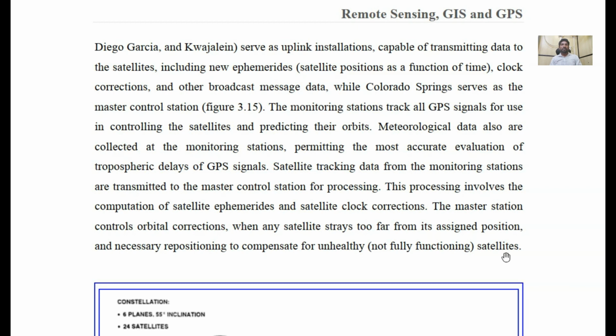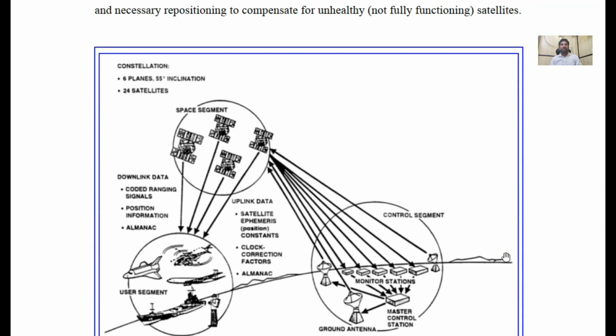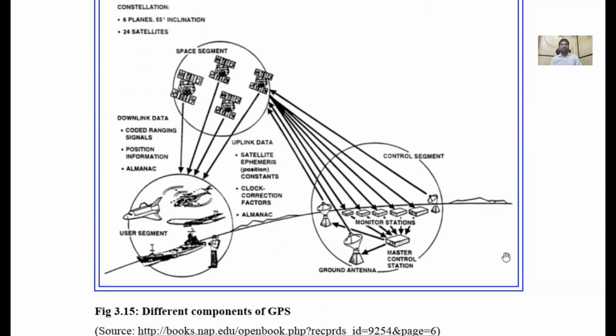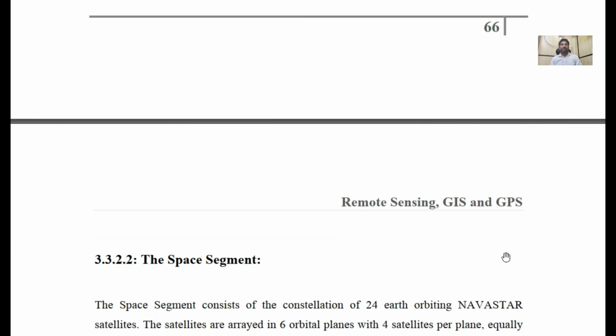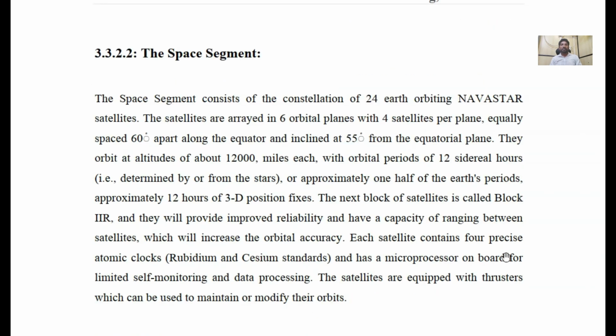The space segment. The space segment consists of the constellation of 24 Earth orbit Navstar satellites. The satellites are arrayed in 6 orbital planes with 4 satellites per plane, equally spaced 60 degrees apart along the equator and inclined at 55 degrees from the equatorial plane. The orbital altitude is about 12,000 miles